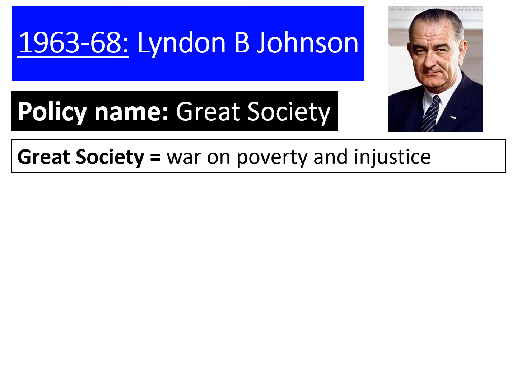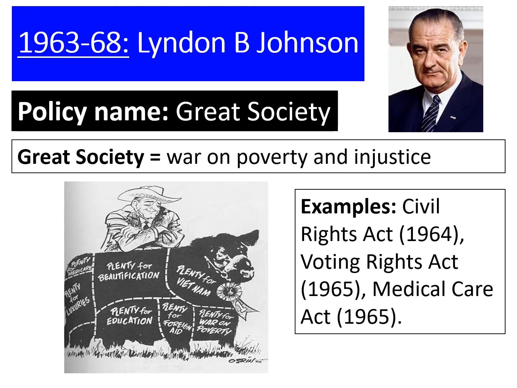The Great Society is more tackling poverty than actual civil rights, but he was also wanting to declare war on injustice in general, which would have included civil rights. So, one of the examples of the Great Society taking place is the Civil Rights Act of 1964, which Lyndon B. Johnson was able to have passed. Now, Lyndon B. Johnson was a Southern Democrat, so he had support from the Southern states that JFK didn't have.